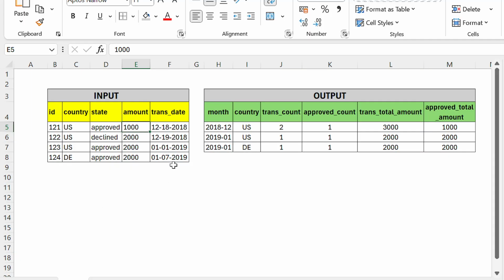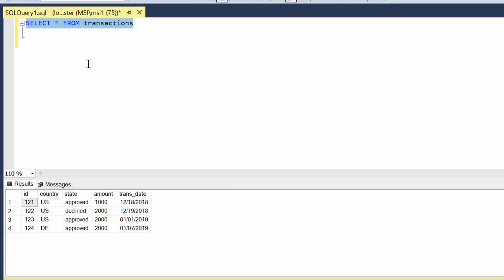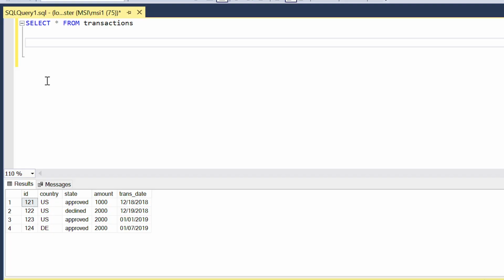So let's go to our compiler and write the code to fetch the output. You can see on my screen I have already printed our input table, which has ID, country, state, amount and transaction date. My first goal is to create a month column, which has month and year. So I will use the substring function,